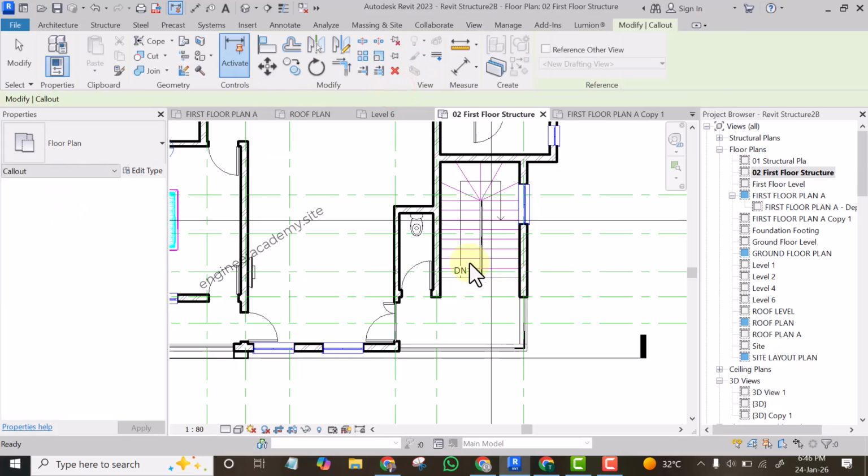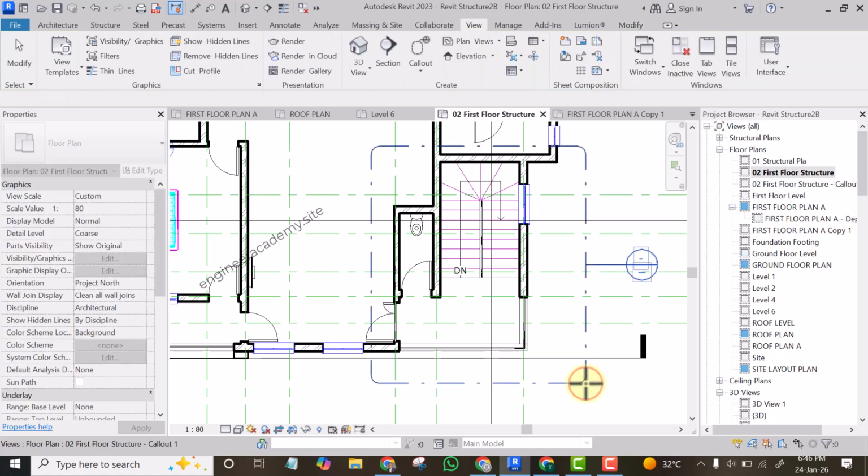There are two options there. Let's assume I want to detail this staircase. So it's a question of drawing the rectangle around the staircase. And the moment you release your mouse, you drop your mouse, you see that another view has been created